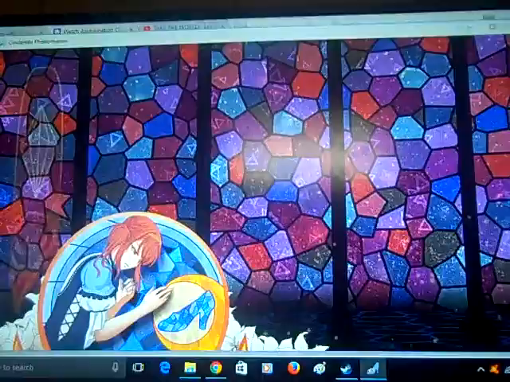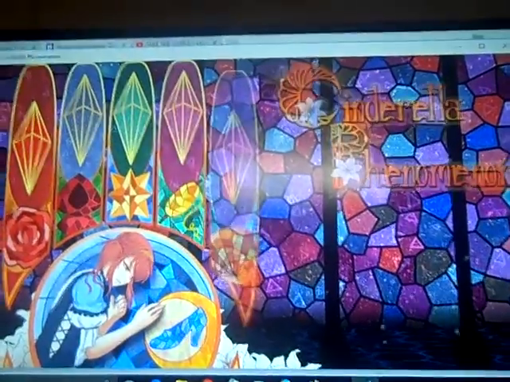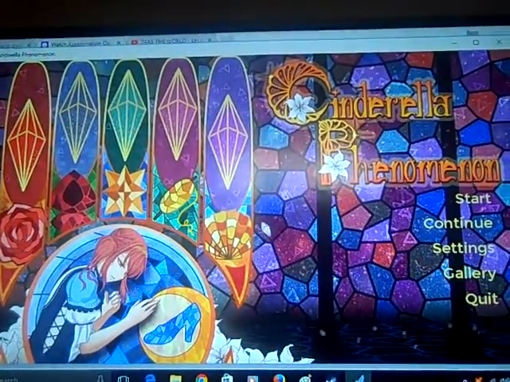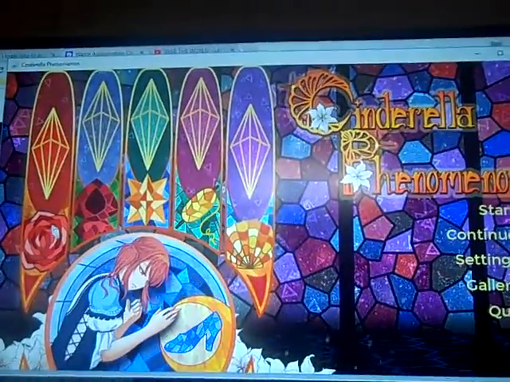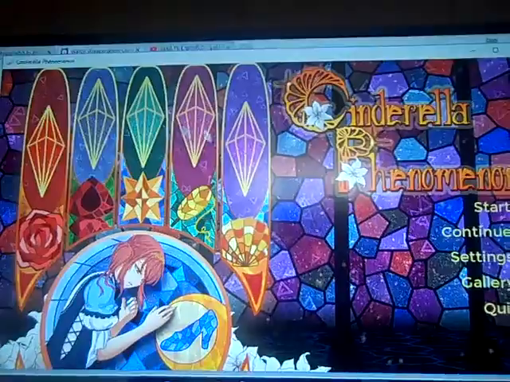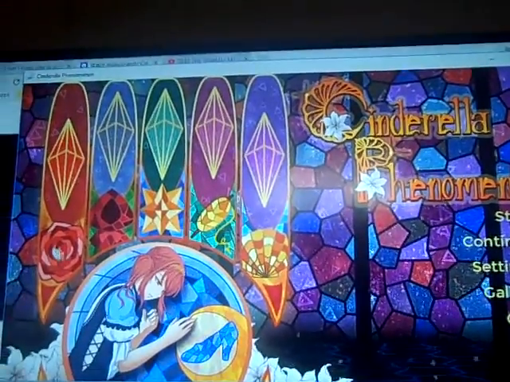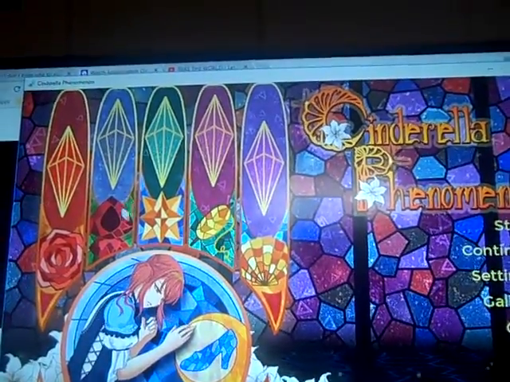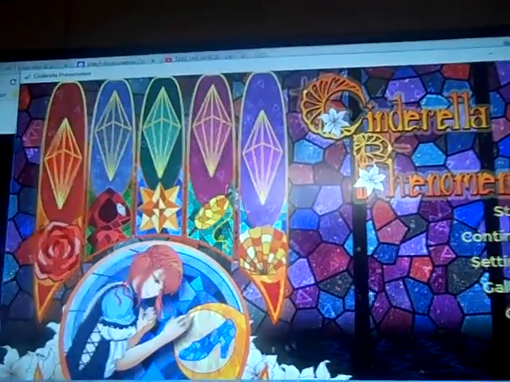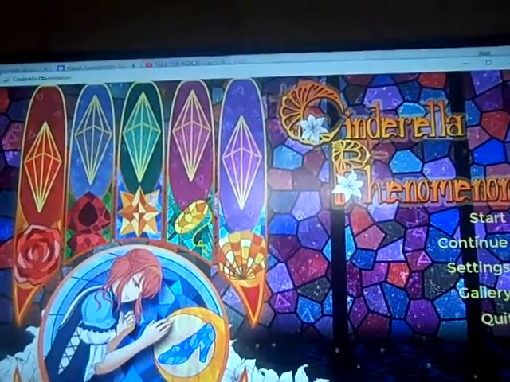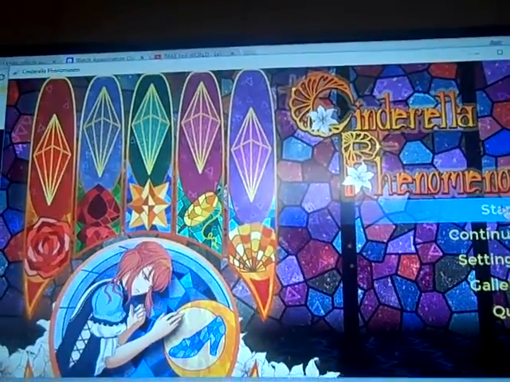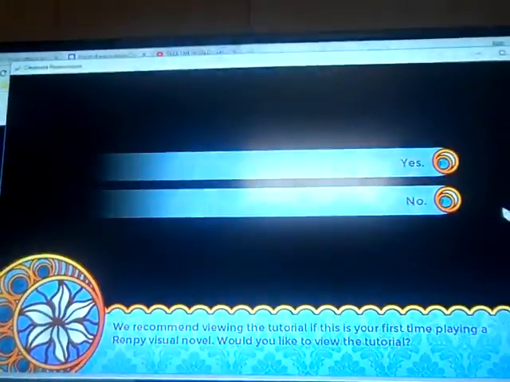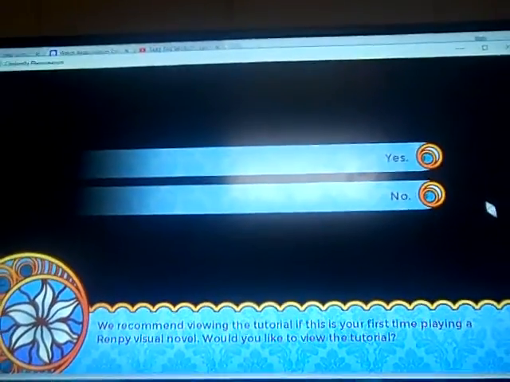That was good. Let's see, Cinderella with the shoe, and I assume these are the different guys. A flower, a red riding hood, for some reason, a star, the spindle, and a seashell. Start.